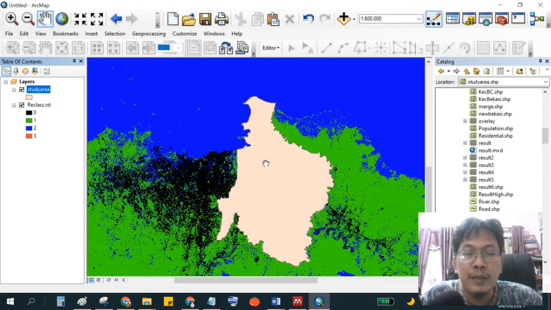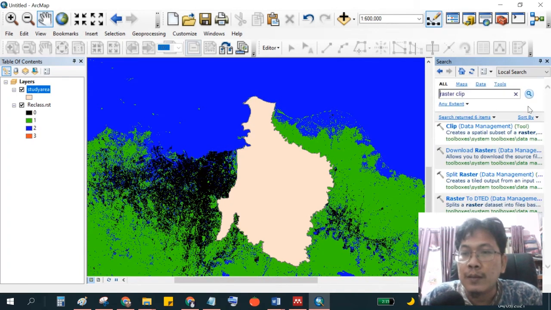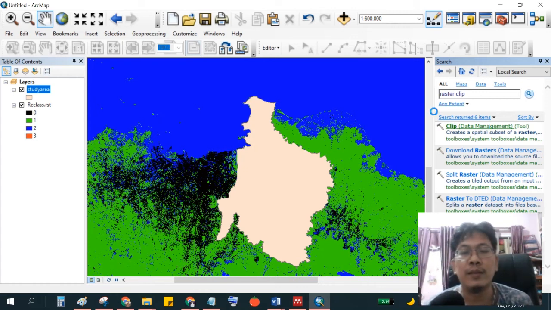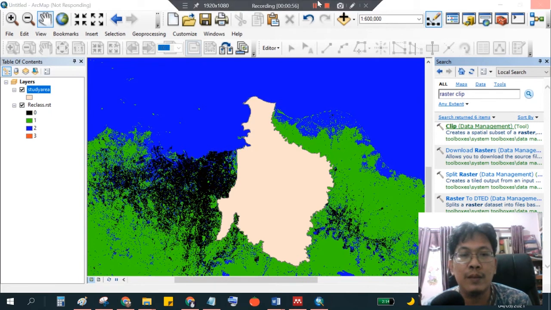Here is Bekasi, Bekasi City and Bekasi Regency, and we use the raster clip, clip data management. The clipping process is similar to cutting a wide area into a small area.